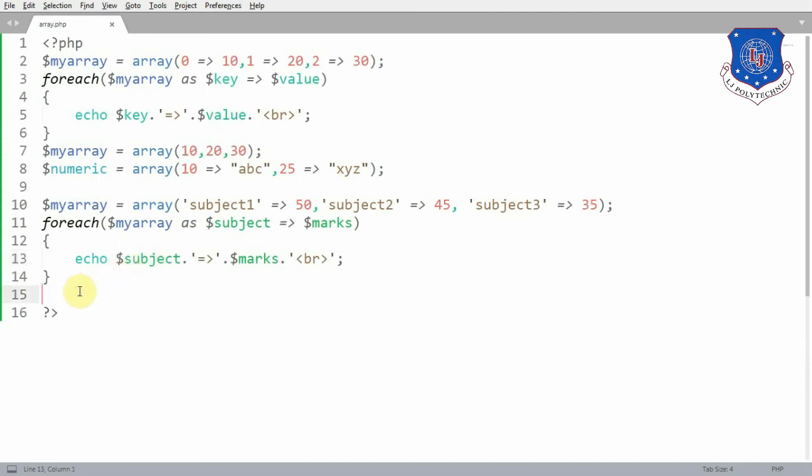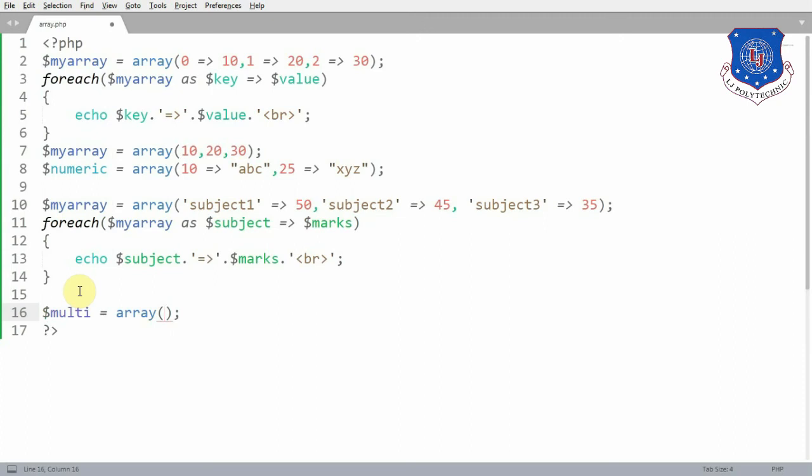Let's now check the final type, that is the multi-dimensional array, which may be either numeric or associative. So I am declaring one multi-dimensional array. In a multi-dimensional array, an array is a value of one or more elements of another array.